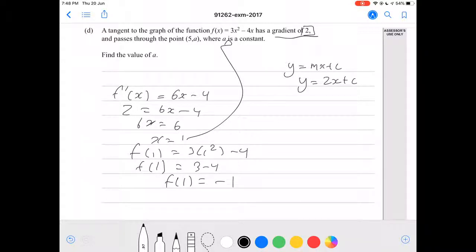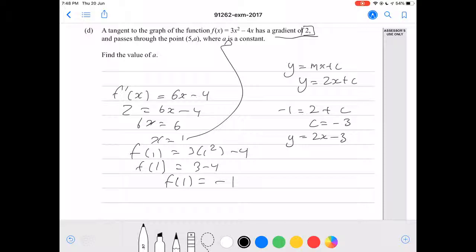Okay, so now we have our gradient. We know our gradient is 2, and we know that y equals 2x plus c. So basically we know that -1 equals 2x, where x equals 1, equals 2 plus c. Our c value is c equals -3. So y equals 2x minus 3, and